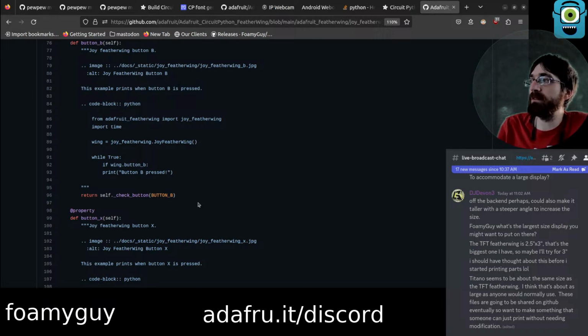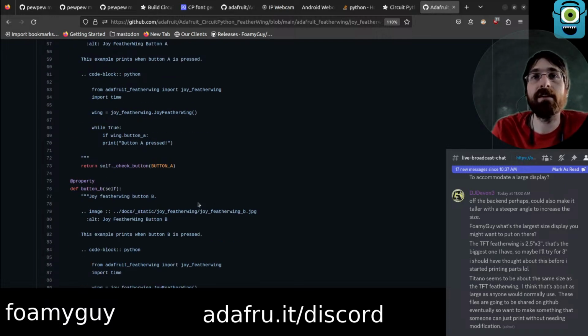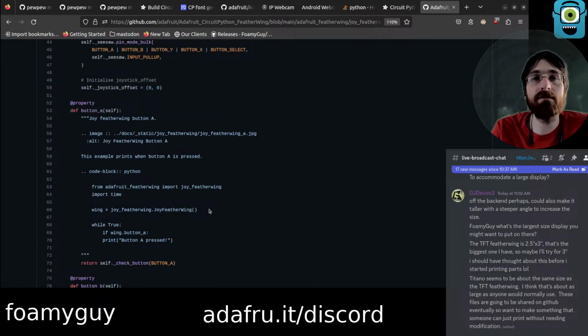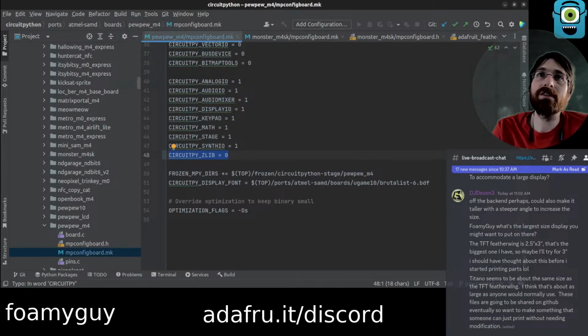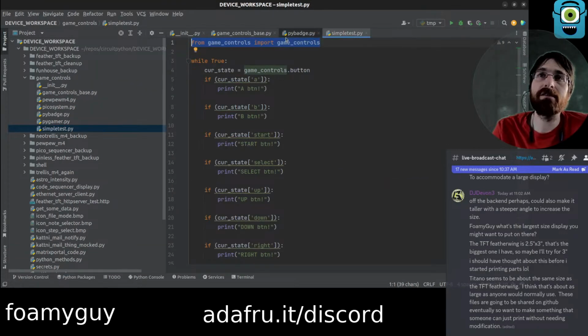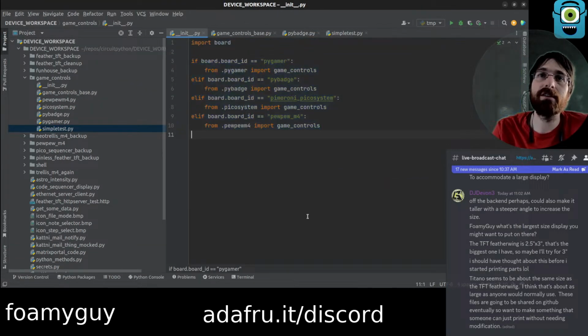Titano seems to be about the same size as the TFT Featherwing. That's about as large as anyone would normally use. Yeah, like I said, I definitely wouldn't be going any bigger than that. Probably not even quite all the way up to it. Yeah, this gets tricky. I think we almost need like